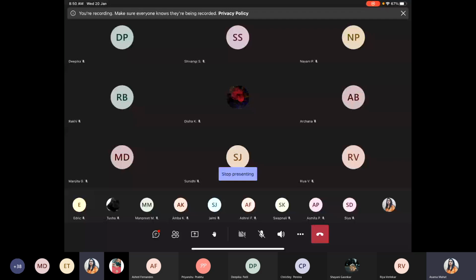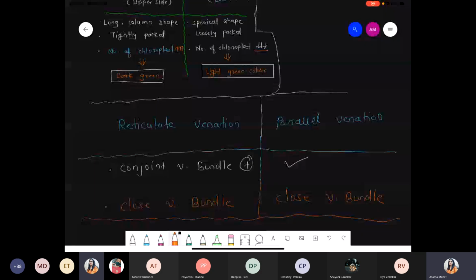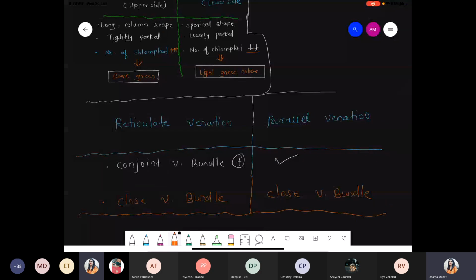Okay. So these are the last points with respect to vascular bundle. That's it. More information about the leaf we'll discuss in the photosynthesis chapter with respect to Kranz anatomy, mesophyll cells and the bundle sheath cells. There we will see in detail because that is an important point in the C4 cycle. Clear this part? Okay, clear? So reticulate venation, parallel venation, conjoint vascular bundle present in both, and again closed vascular bundle present in both. That's it.